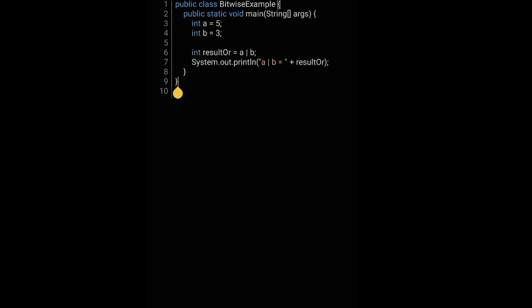System.out.println, a OR b equals resultOR. These lines print the result of the bitwise OR operation to the console. It displays a OR b equals followed by the value stored in the resultOR variable, which is the result of a OR b. In this specific example, the bitwise OR operation between 5 and 3 results in 7 because